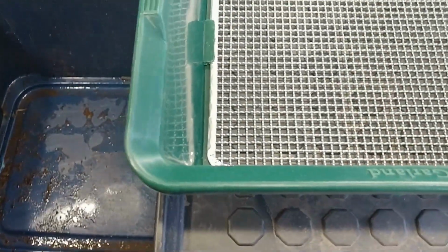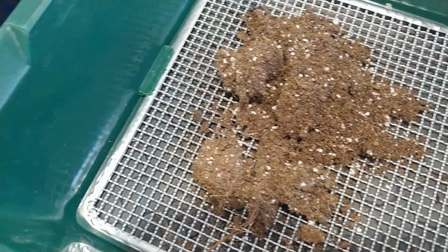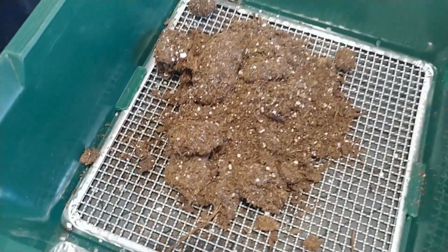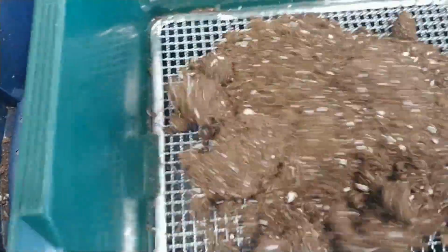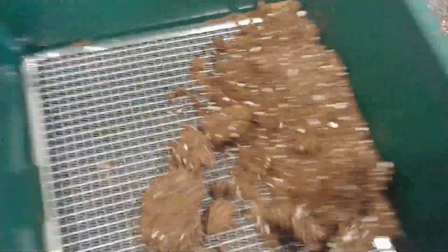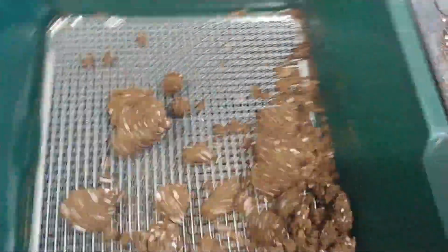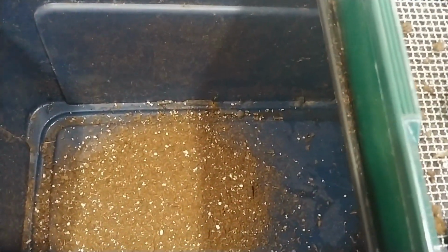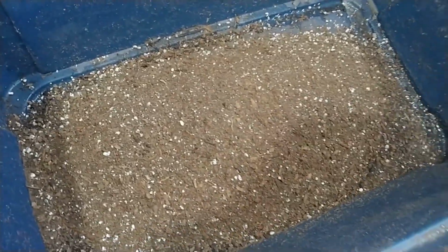Quick pro tip: never buy seed starting mix. All you have to do is take your potting mix of your choice and sift it. That's what the pros do. That's what we do. After you've finally sifted your potting mix or your seed starting mix,